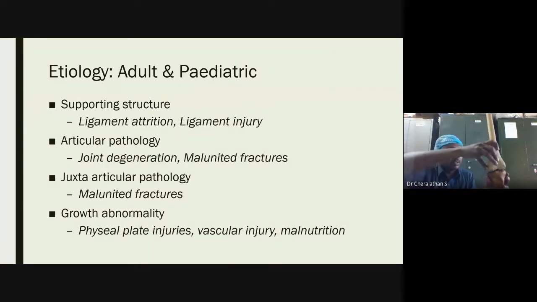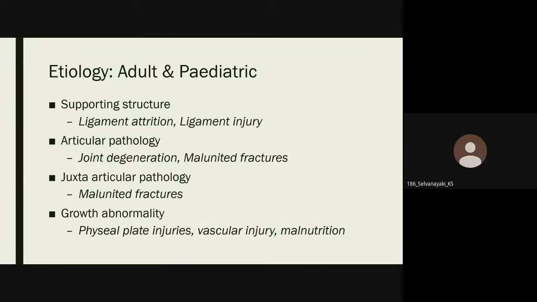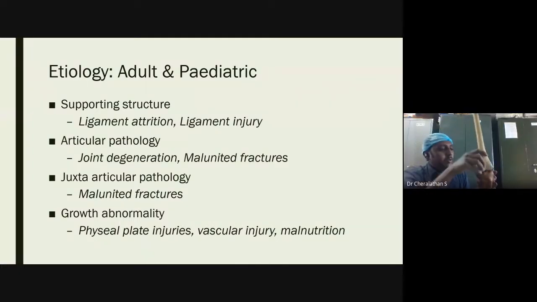Now, if I hold this again, and if the lateral ligament is torn, now I'm taking my index finger. What is happening? Varus deformity. Exactly. So there can be either attrition of the ligaments or an acute injury. Now, if I hold it together, see the femur is standing on the tibia. Now it's stable, right? So when I leave the medial side, what happened? The knee joint literally opened out medially, right? So this is valgus, this is varus.